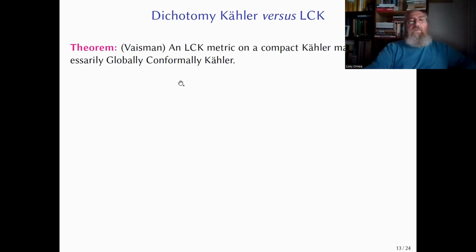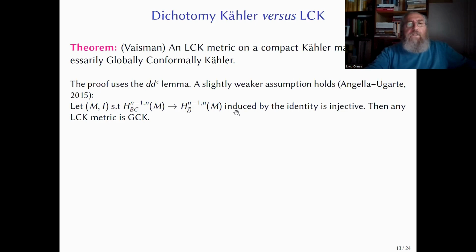So this is one of the most important theorems in the beginning, and still it is. Vaisman's theorem states that if you already have a Kähler metric, then any LCK metric is again globally conformally Kähler. So you cannot have strict LCK and Kähler. That is why compact LCK manifolds are important, not open ones. And the proof uses essentially the DDbar lemma,